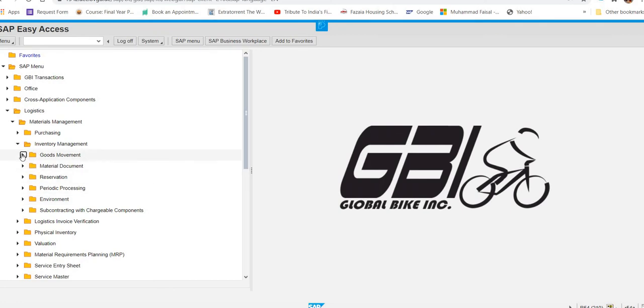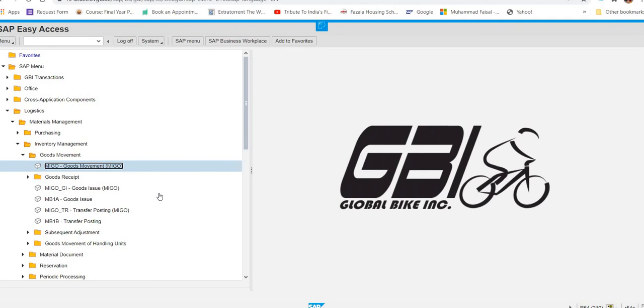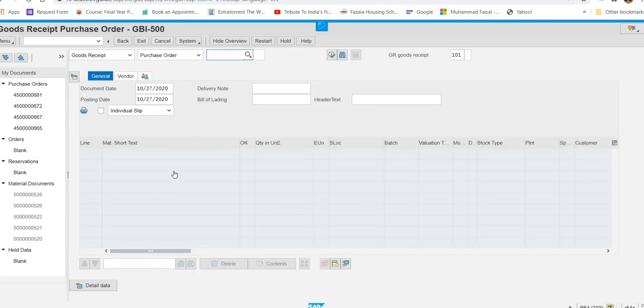Goods movement, and under goods movement, there is another goods movement. Now in this screen, you have to change the material document drop down to goods issue and adjust the type of goods issue to purchase order. So on the goods movement screen, you are going to change the material document drop down.